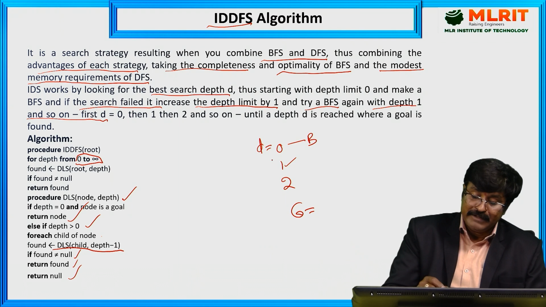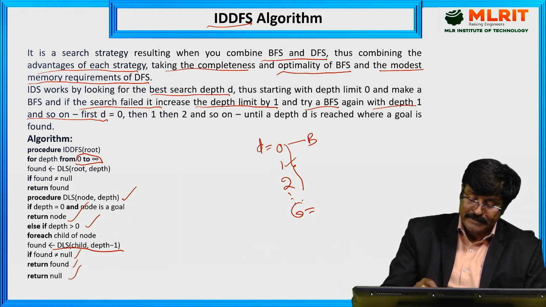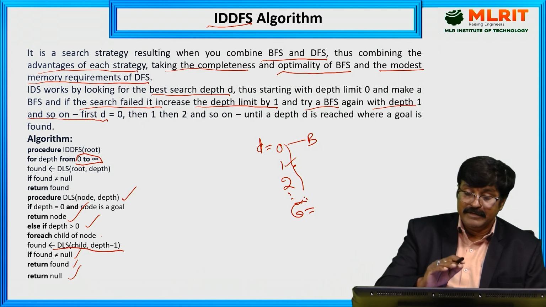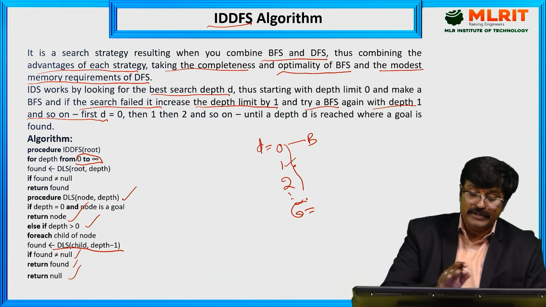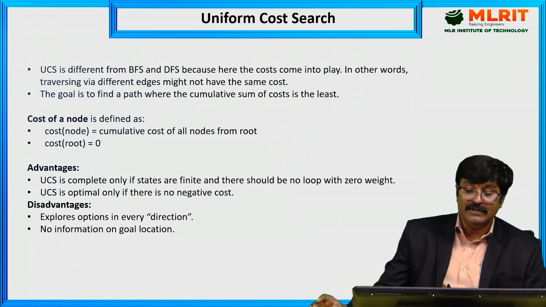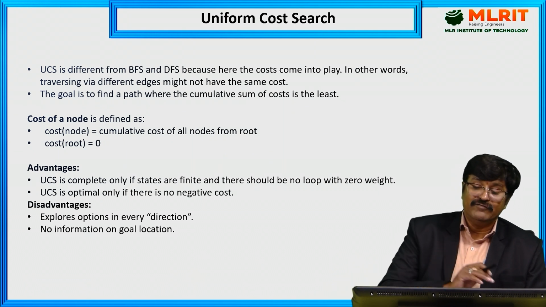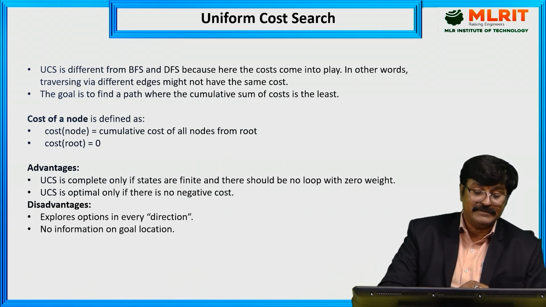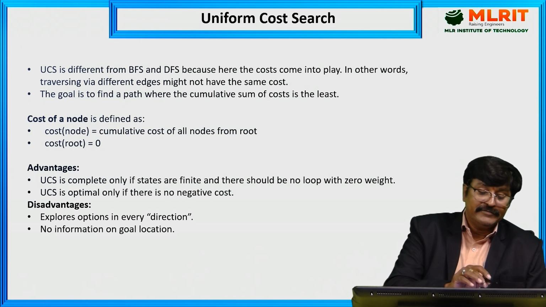So gradually you are increasing 0, 1, 2, 3 till infinite, going to this same depth first search level. It is both combinations going on, breadth first search and depth first search. So another variant is the uniform cost search in uninformed search algorithms. This is one of the uninformed search algorithms, and it is different from the previous cases, breadth first search and